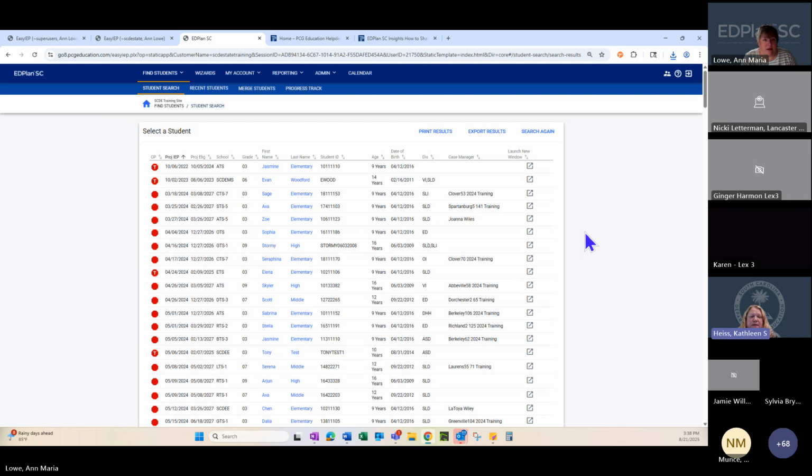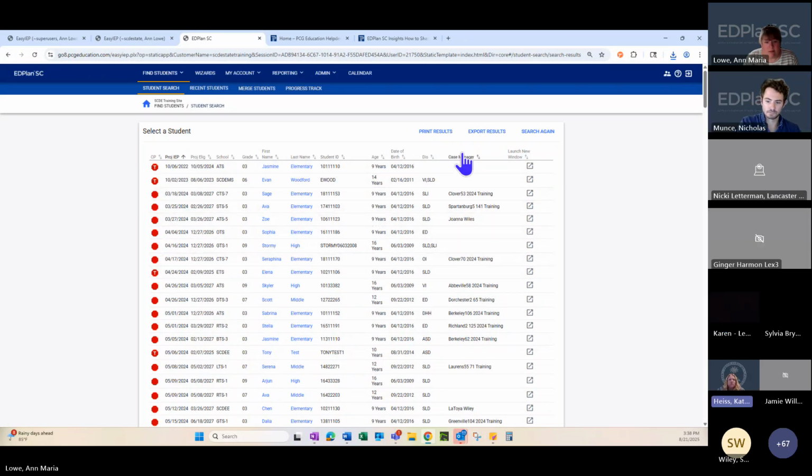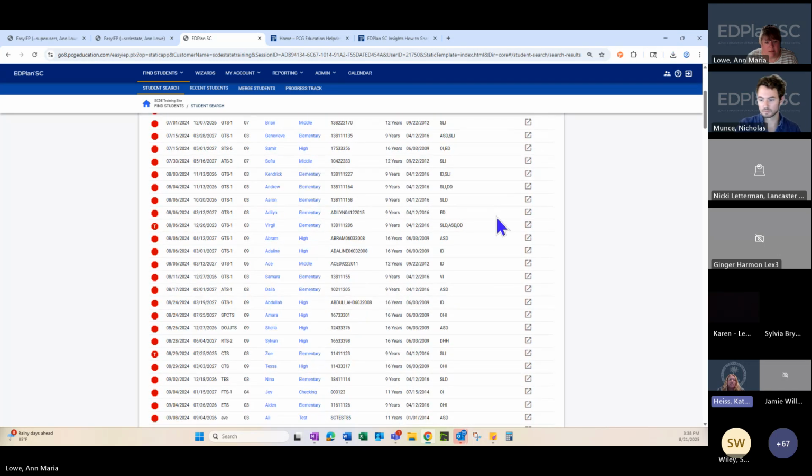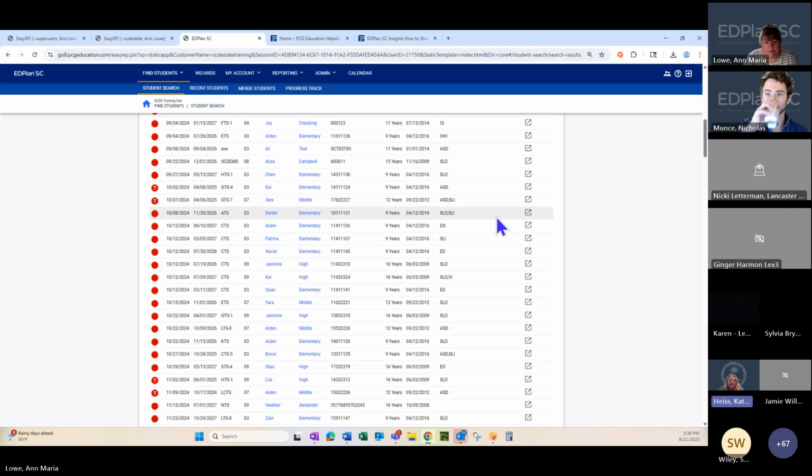I think for me, the biggest thing, when I worked in the district, and I've shared this before during my power user training, when I look at this, the red flag to me, yes, it's those red stop signs, but it's also under case manager: who's accountable for these students? At my district, this is how I would make sure that every student was accounted for, by having a case manager.